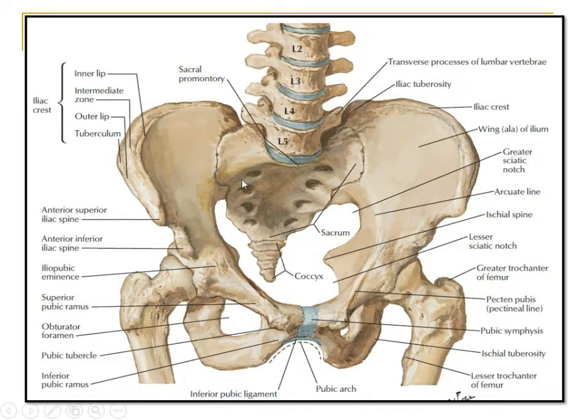The joint between the sacrum and the ilium is a plane type of synovial joint which allows very slight movement, and they are strengthened by different ligaments which we will be learning shortly. In case of male, the sacrum and coccyx are fused with one another, which is known as the sacralization of the coccyx. But in female, the coccyx is slightly movable, which allows an increase in the diameter of the pelvic outlet during parturition.